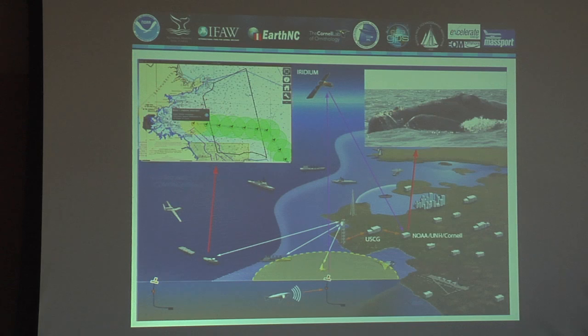So they pick out that call. It gets sent by the surface buoy. It sends that information up to a satellite, goes back down to Cornell, and they decide if it truly was a right whale. Yep, that's what a right whale looks like right there. And then that information is sent out to a Coast Guard place in Cape Cod, and one of our partners, the National Seashore, is hosting that location, and that information is then sent out to a vessel onto their iPad